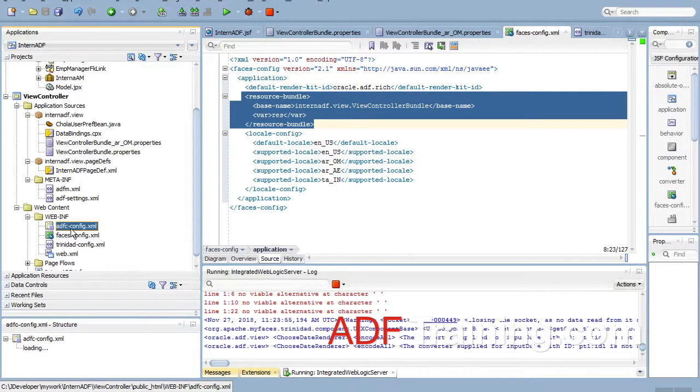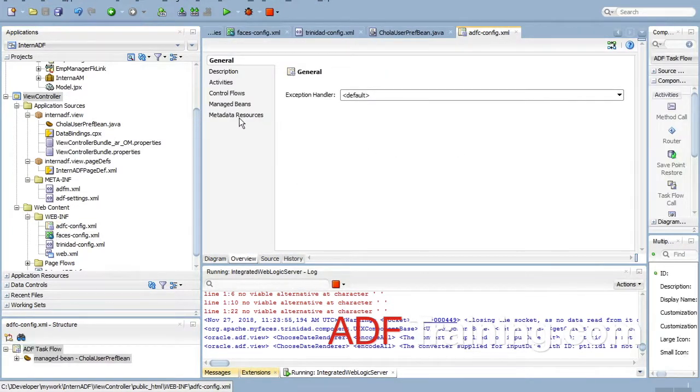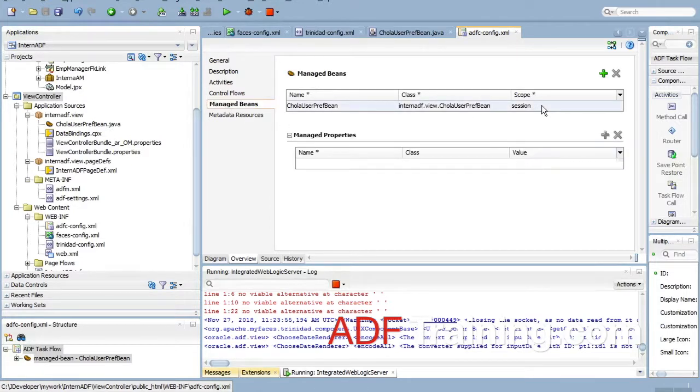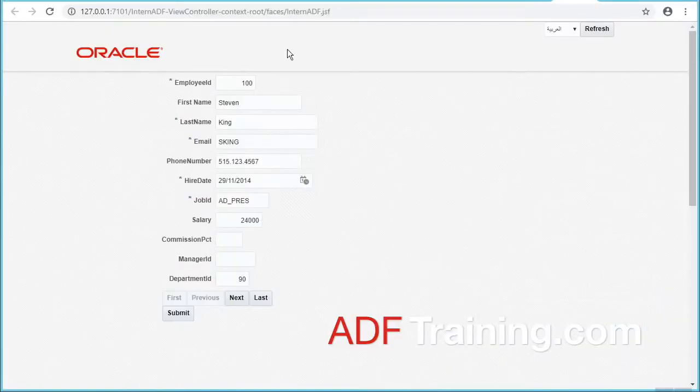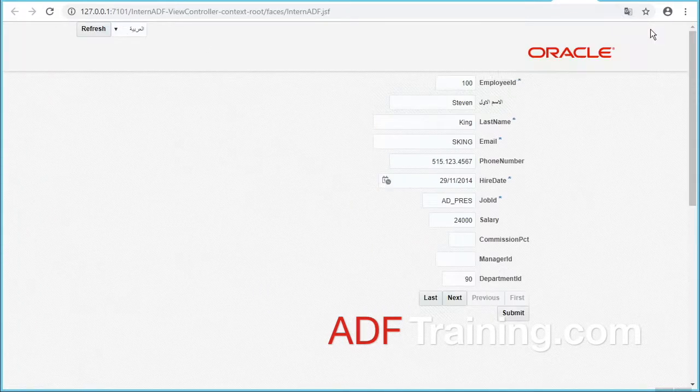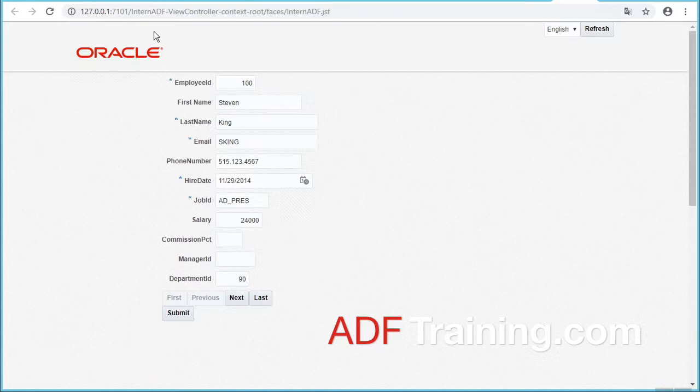Sorry, in the ADFC config. Overview, managed bean. We'll change this from session to view. Then we will refresh the page. If you change to Arabic, then it changes. And if you change it to English and then refresh, it is not refreshing, but when you refresh it fully,